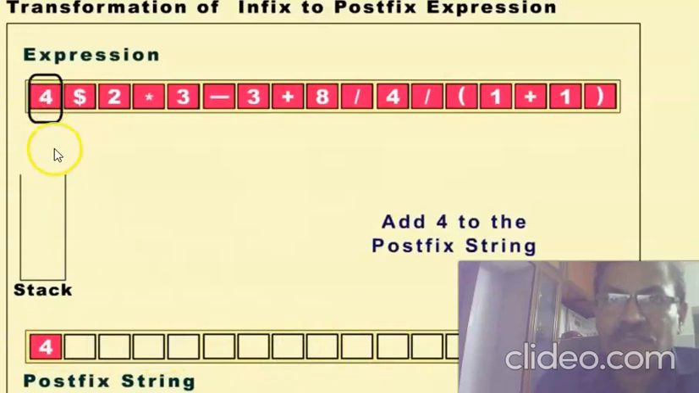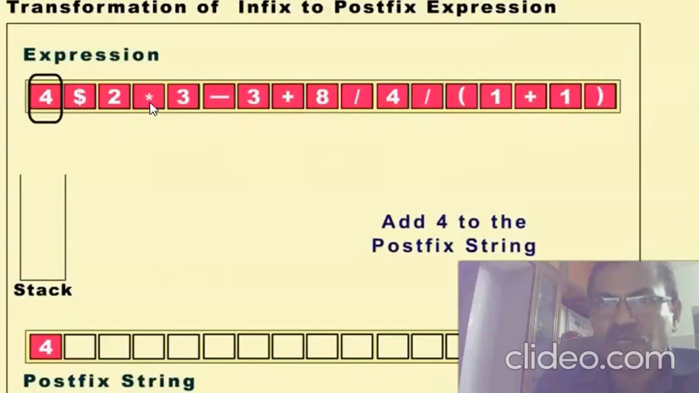So when we go to the first character, it is a number. So it is an operand. It should go directly to the resulting postfix array. So 4 is placed here. This is an operator, so it should go into the stack. This is an operand. It should be placed after 4, because operands do not go into the stack. Then comes the operator. Here there is a